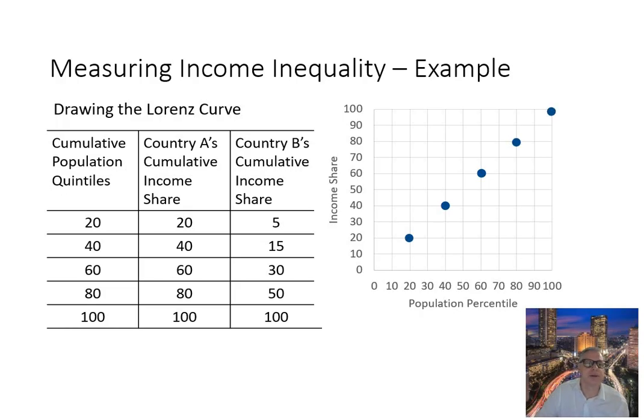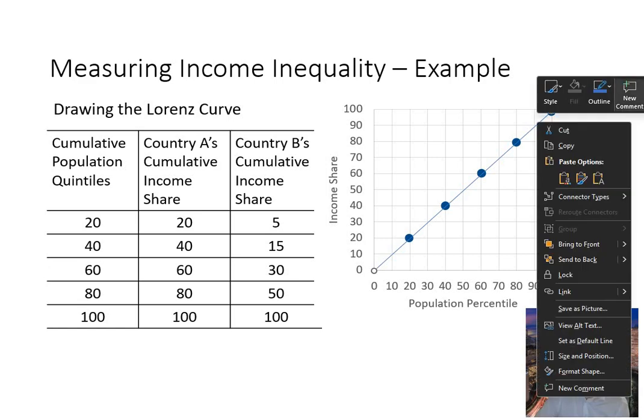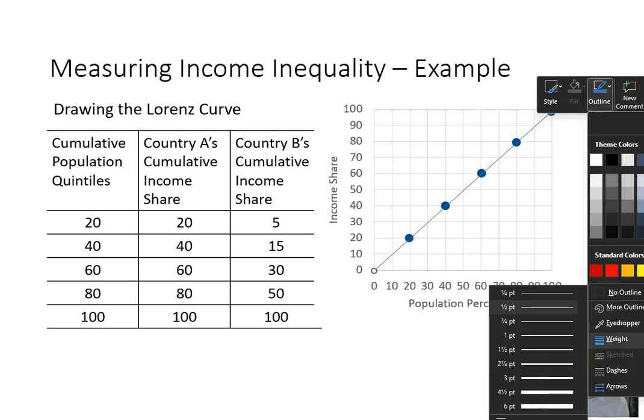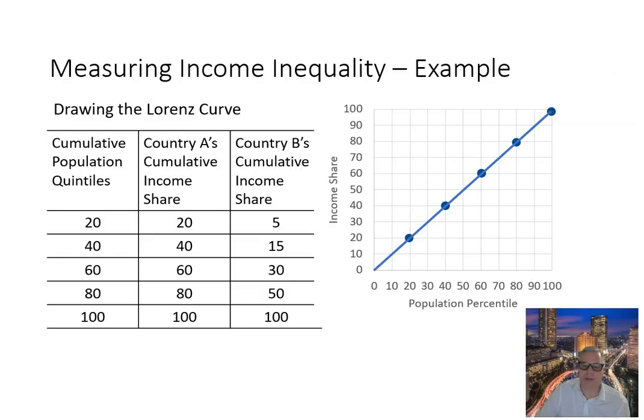Okay, so maybe I'll just connect those dots. So now this is our equal income distribution line, and we compare that with the actual income distribution, which I do now in another color,